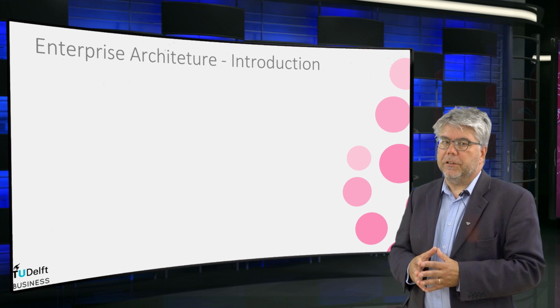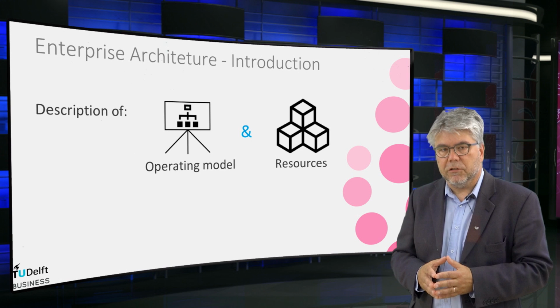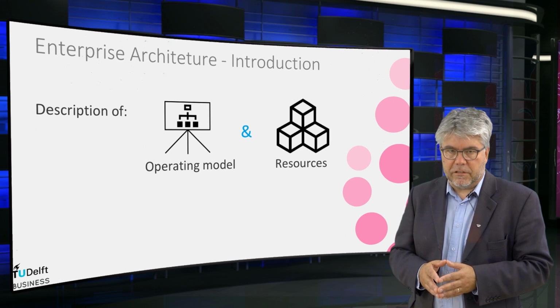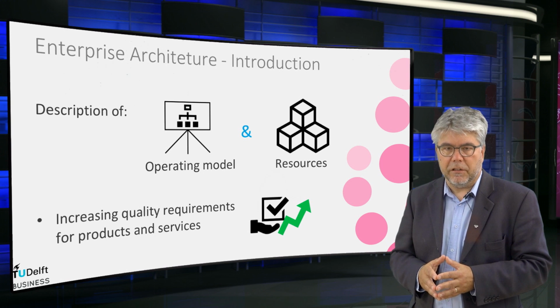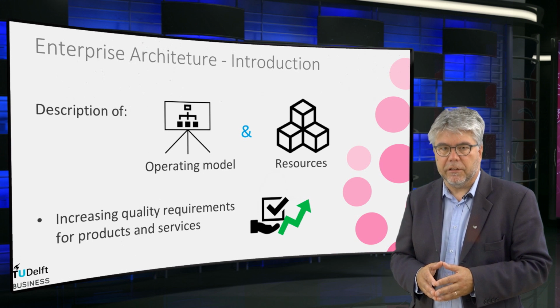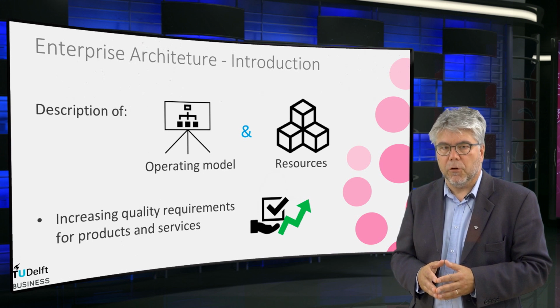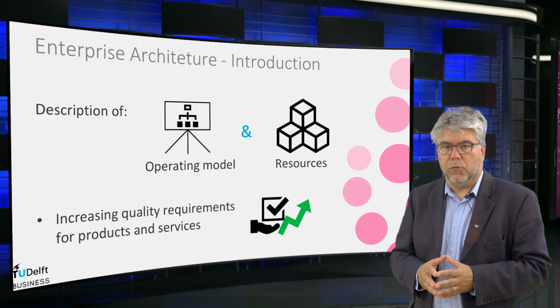The enterprise architecture is the description of your operation model and resources, which realize your business model. The description is needed because of increasing quality requirements for your products and services. You have to convince your partners, financiers, and authorities of the quality of your operations. You must be able to trace back any defects and deviations of your products and services according to quality standards